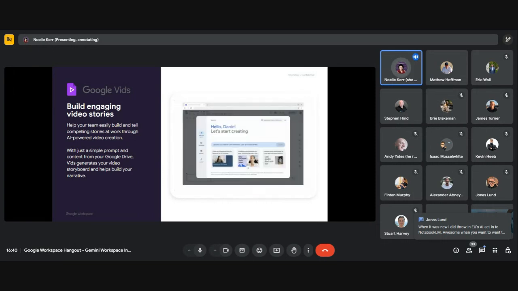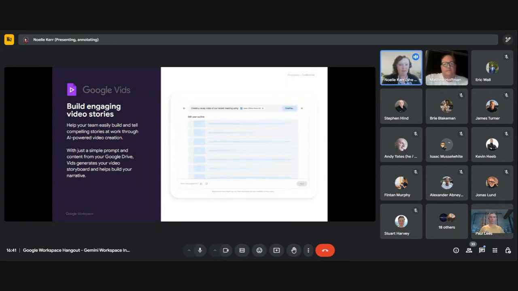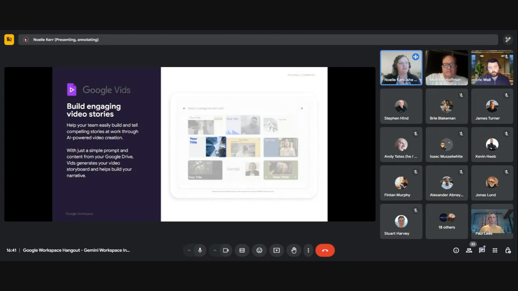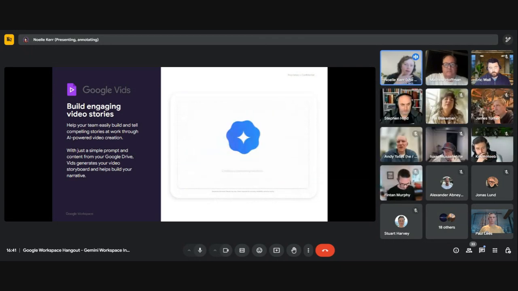What Google Vids is really useful for is, again, if we want to talk about shadow IT, this is a great way to do what you may have already been doing on a piece of SaaS like Loom or similar. But where the AI is in this, what I can do with Google Vids is I can point it at another document and say, make me a quick video that I can use to send out to my team to explain something.